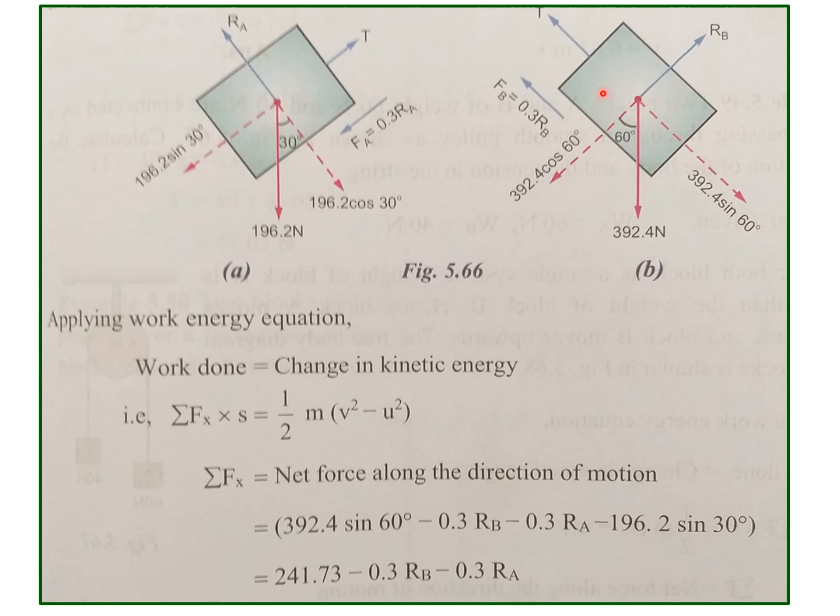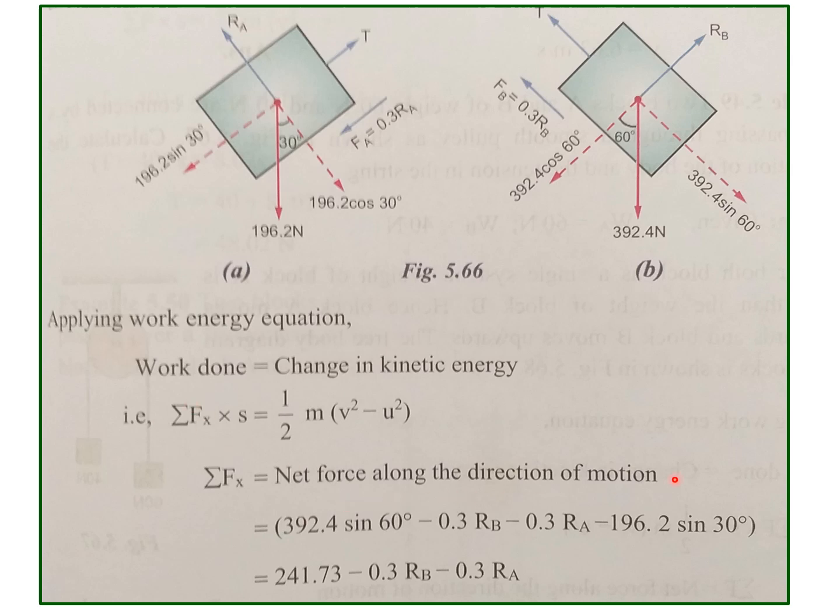Similarly, you have the free body diagram of this block: you have the normal reaction, you have the self weight, which is resolved into two components. Then you have the frictional force. Since this block is going to move in this direction, you have the frictional force in this direction. Then you have the tension in the string. Now we are going to apply the work energy equation. We know that work done is equal to change in kinetic energy. So you have to find the net force in the direction of the motion.